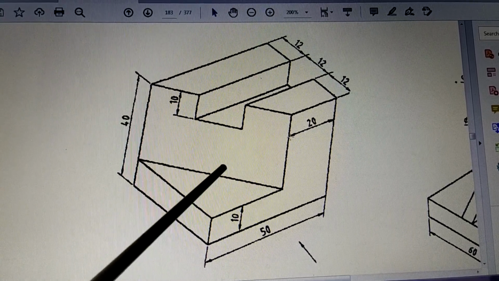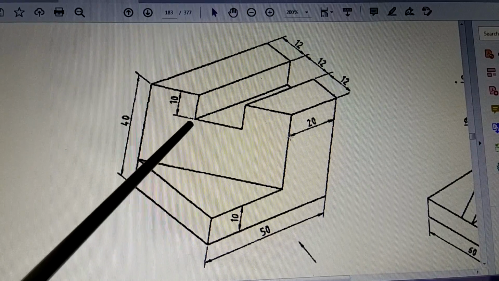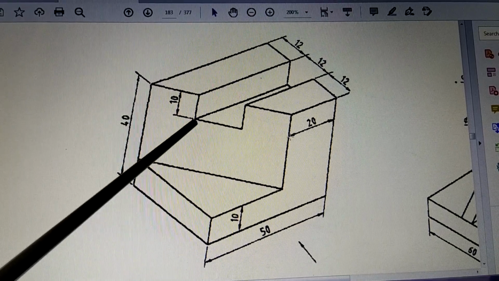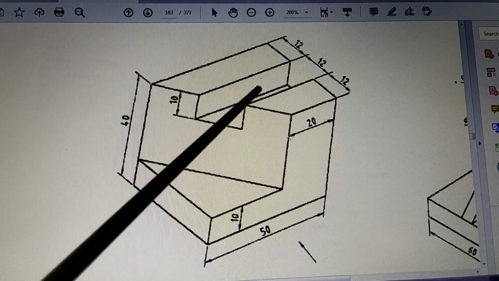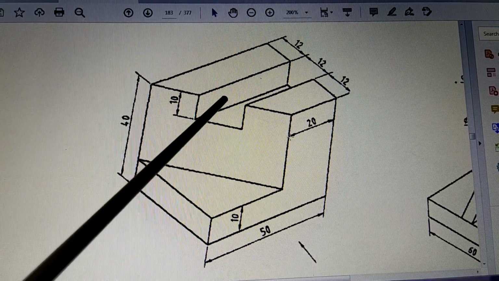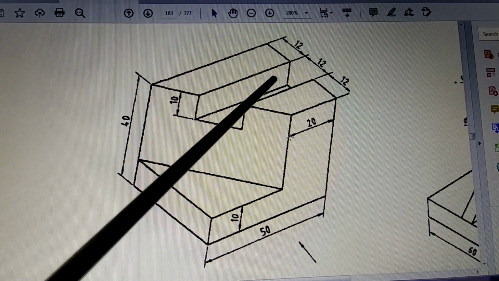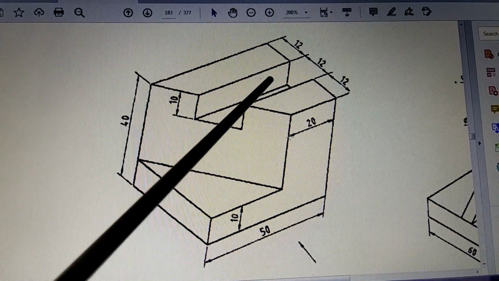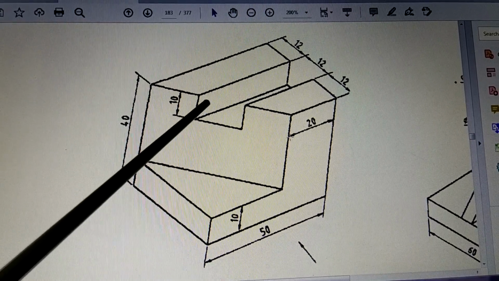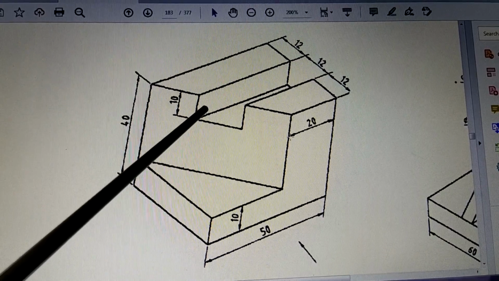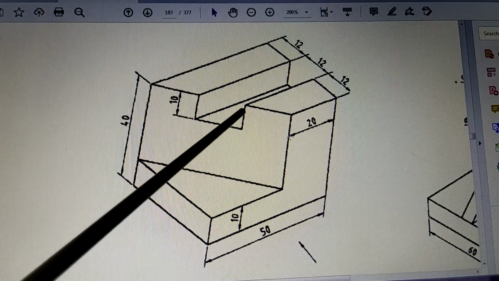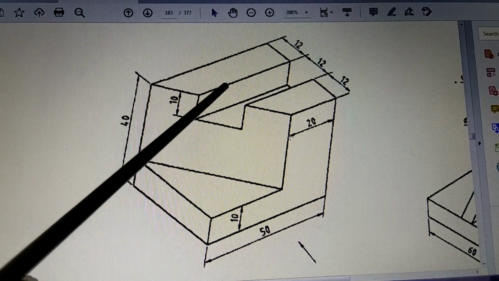Okay, so that becomes the front view. Moreover, there is one more thing to be seen, and that is this edge. You have to clearly understand what happens to this edge and what happens to this surface. You will see that because it is cut in this inclined manner, this surface is partly seen and partly not seen. If you see this side of the surface, that surface is hidden because it has gone behind. But this end of the surface will be visible. Up to what extent will it be visible? It will be visible till this line. So this line will come in the way, and at the same time this above line also will be.